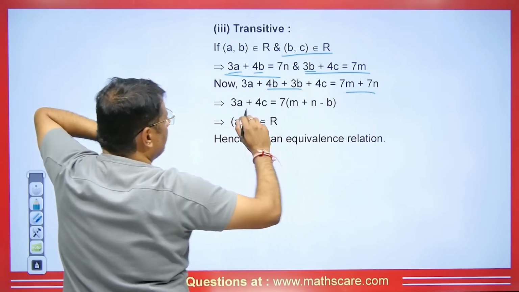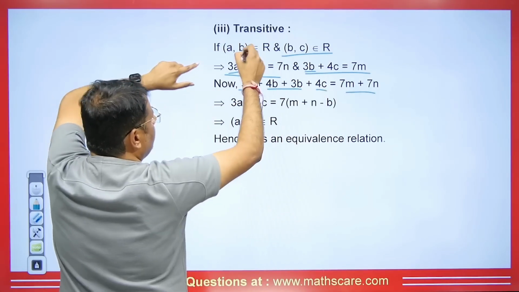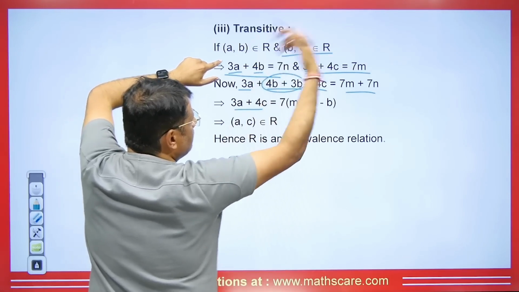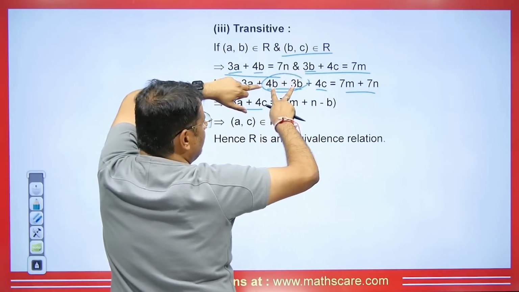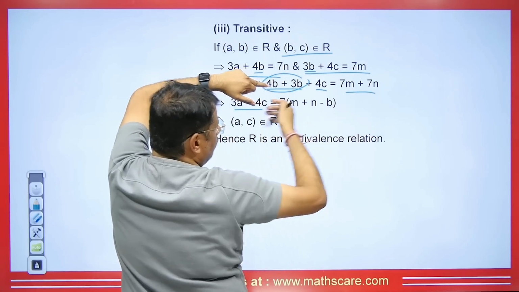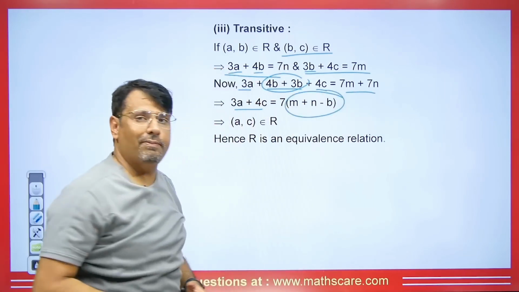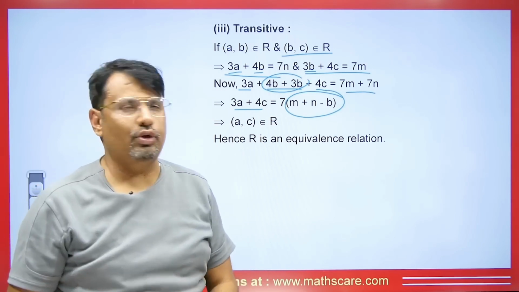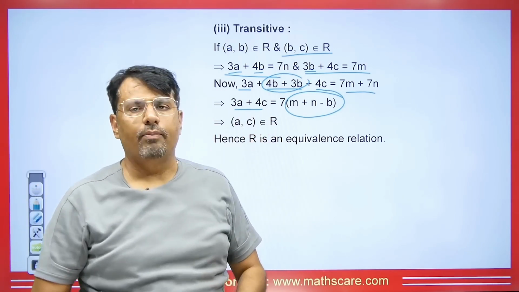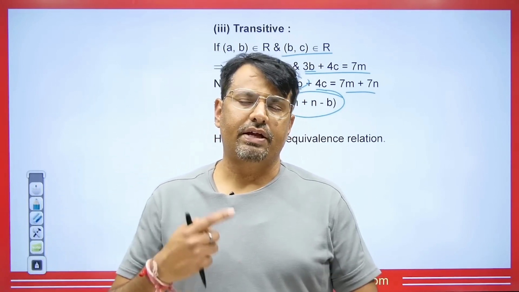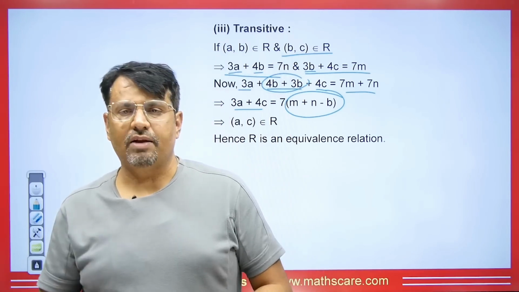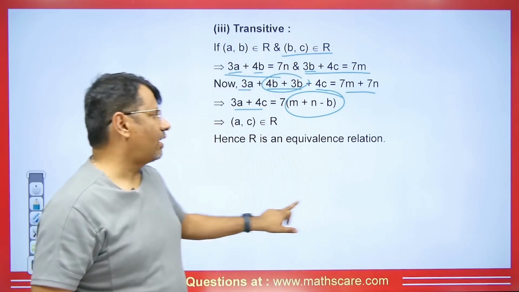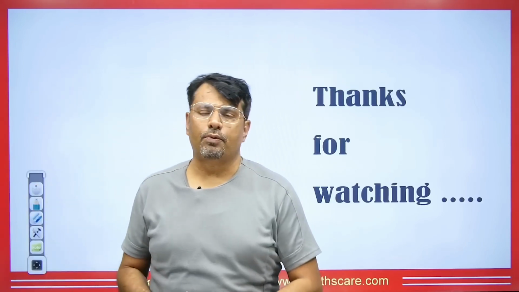Now what we do, we need to take out 3A and 4C because we need to show that AC is going to R. So this value that we have, we will move it over there. When we take it over there, this 7B will become minus 7B and 7 will become common. You see this is a multiple of 7. If it's a multiple of 7, it means that AC will go to R. What will happen here? It will be transitive. All three properties are satisfied with us here, meaning it is reflexive, symmetric and also transitive. This means that we will have an equivalence relation. So see here, we can easily prove this in this way, okay?